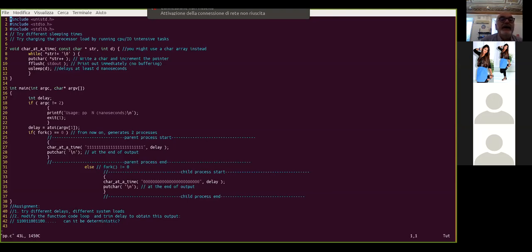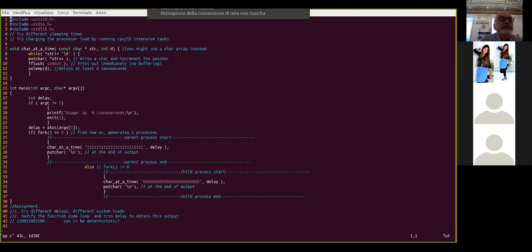And the char at a time is an endless loop. Well, it's not endless. It scans all the elements of the string, and it outputs the elements of the string. Written with the array may be clearer than using the pointer version, but I assume that you are able to translate, or to decode, to understand the pointer version with respect to the array version. And one by one, the char at a time